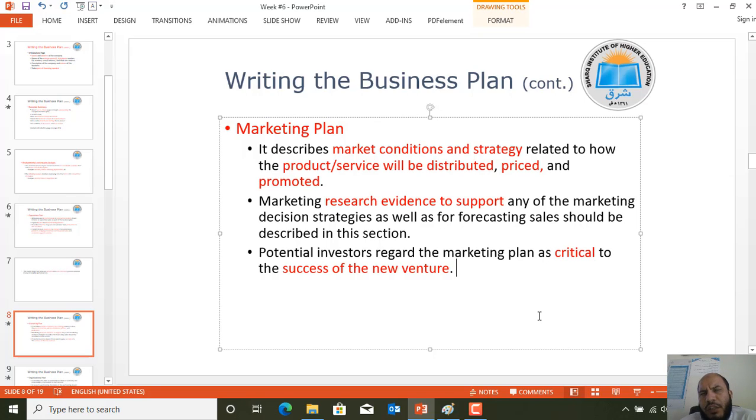So investors will check the marketing portion, the marketing plan, the sales forecasting, your way of research, your product, price, place, promotion, segmentation, targeting, positioning, differentiation, strategies, your core competencies, your competitive advantages or competitive edge, and then they will decide to invest their capital in the business.